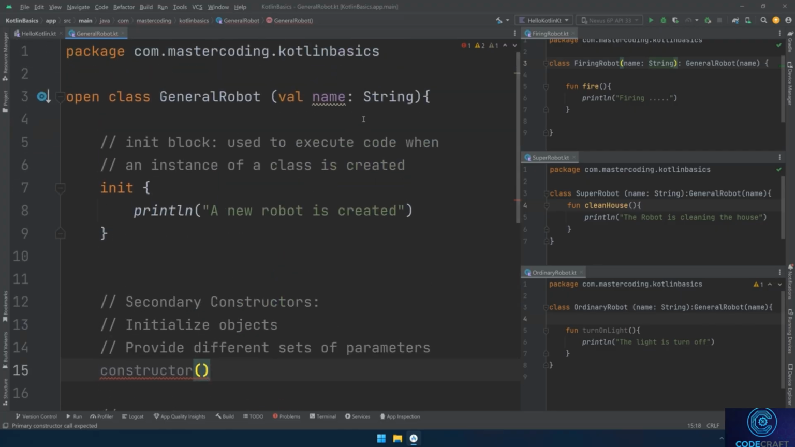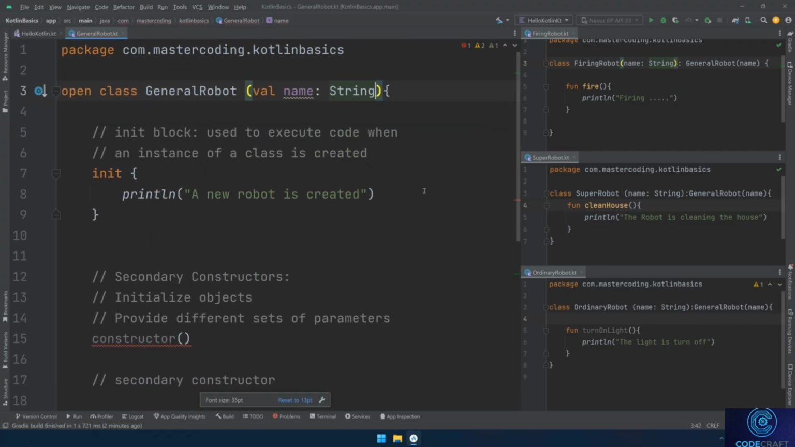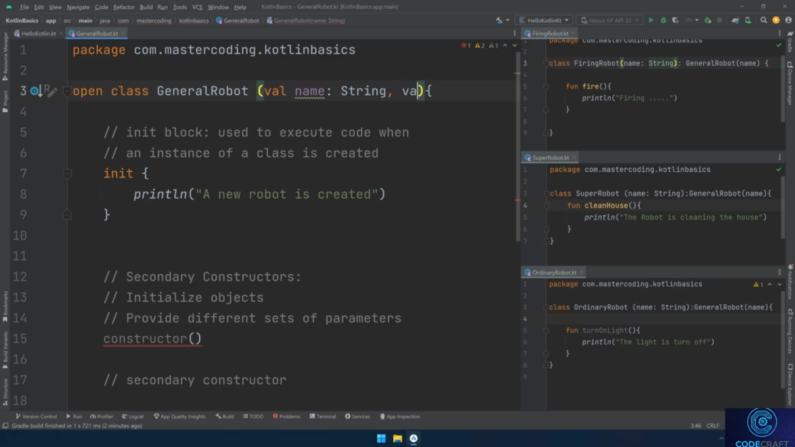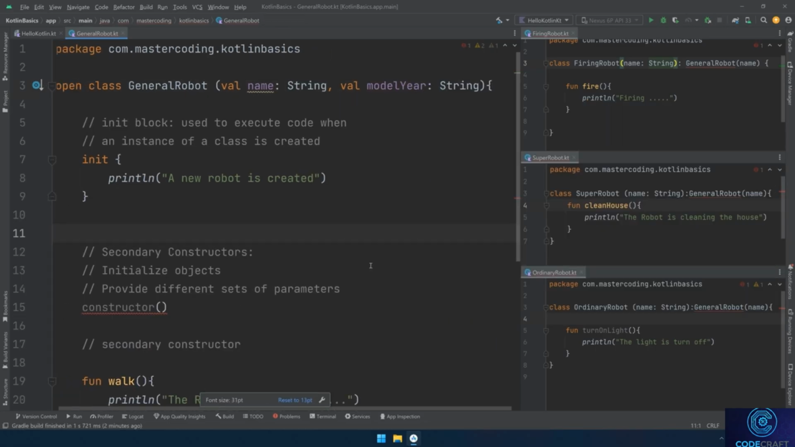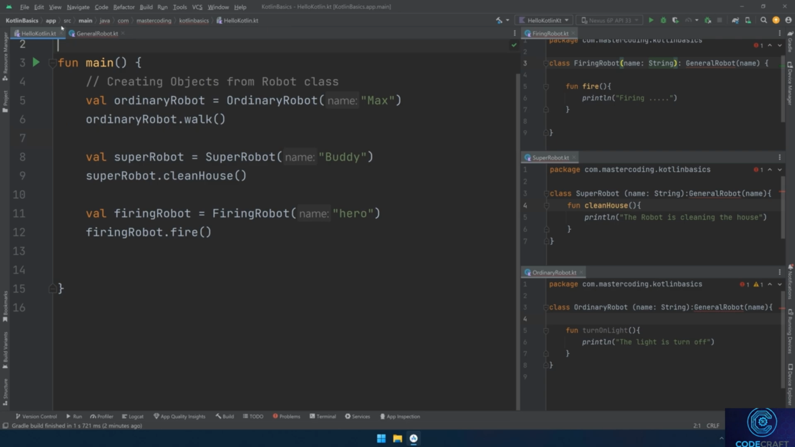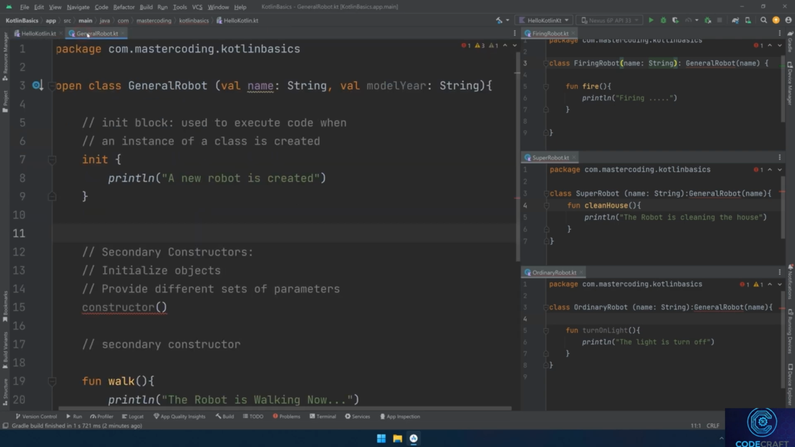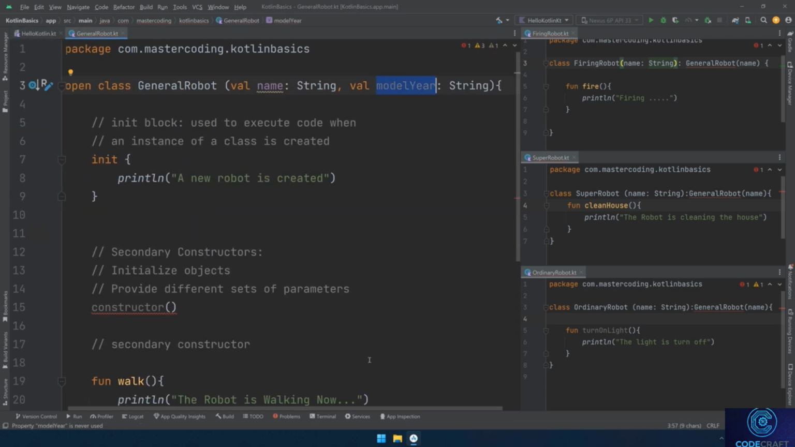In this example, I'll add a new property here in the primary constructor for the model year. So model year, it's of type string. Sometimes we need to create new robots with a model year, but some robots, we don't have the model year. We need to create a secondary constructor that allow us to have a single parameter, which is the name, without